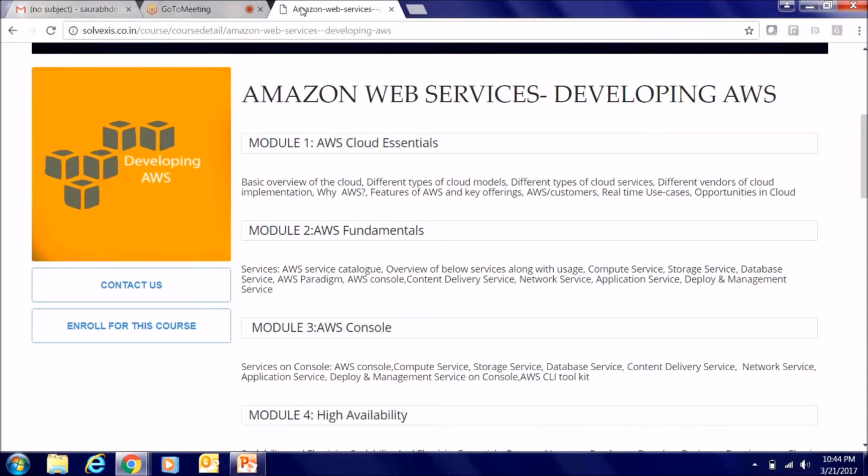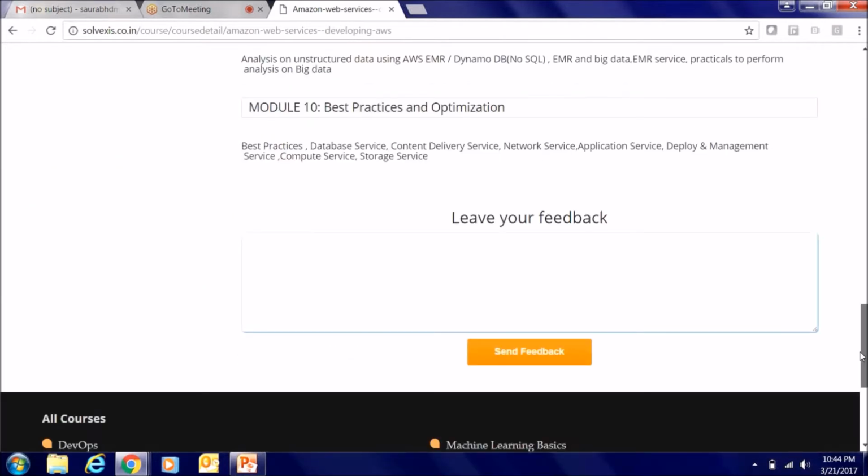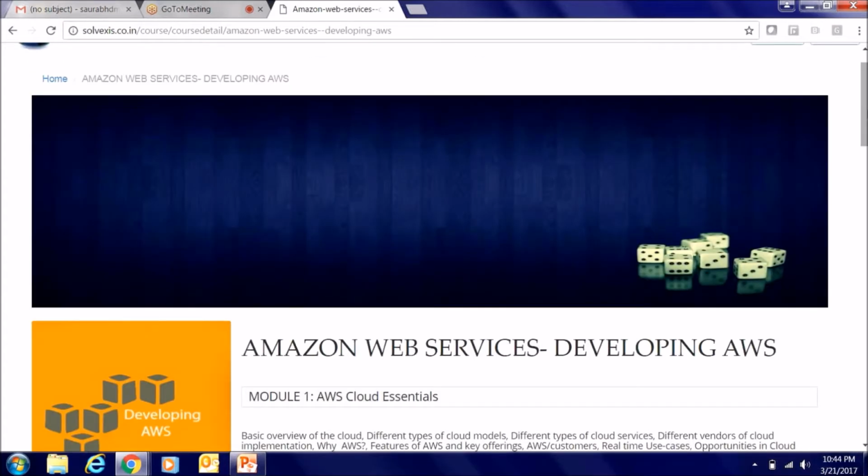So as a part of this demo course, we will be looking at the agenda. We will see what we will be covering as a part of this course. We will have a look at a brief background about what is cloud computing and about AWS. And finally, we will go over the AWS console and we'll see some basic services of AWS there.